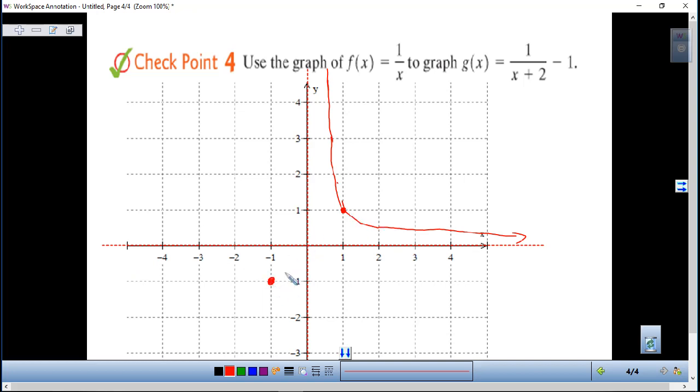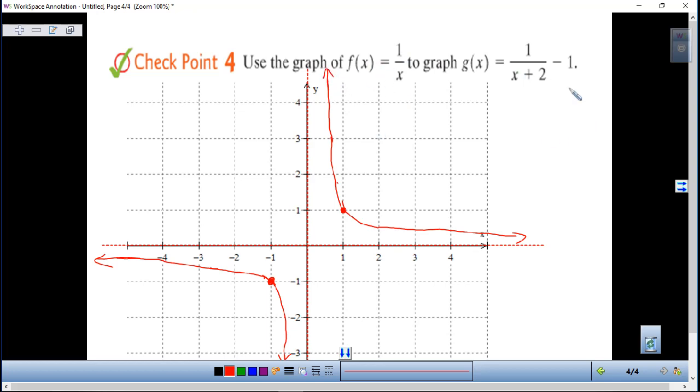And the way I'm getting these points right here is because what happens when we put a 1 in for x? We're going to get 1 over 1, which is 1. So that's why I know that point. And what happens when we put 1 over negative 1? We're going to get negative 1. And you can kind of think through this in the same way. What happens when you go and put 2 in there for x? You're going to get 1/2, and 1/3, and 1/4. So you're going to see that thing go down like that. So if you need some points, they're real easy to plug in something simple like this. But that's going to be the rough idea of what this graph's going to look like